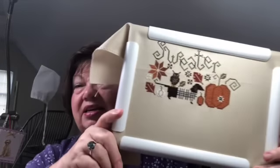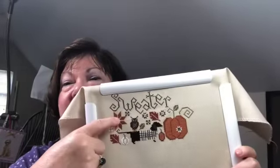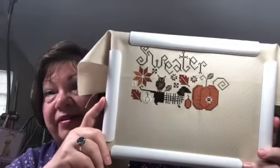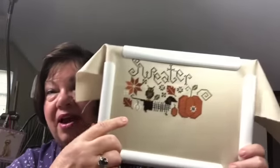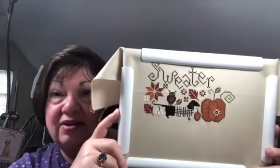I actually did 407 stitches because I wanted to finish this little thing right here. I didn't want to leave it three-quarters of the way done. So I actually was able to come over here and do this leaf, these two things here, this whole motif, fill in the white here, add this and add that. I did quite a bit